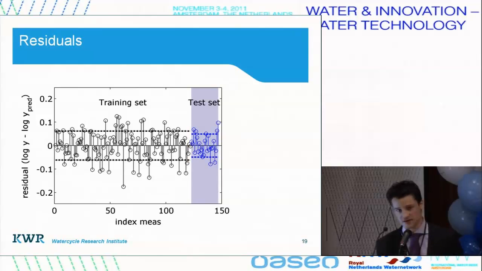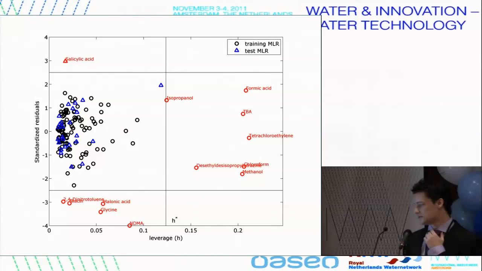In the next step, we look at the applicability domain. Here you see the residuals, but then divided by the standard deviation of the complete set. If that is higher than 2.1, it's considered an outlier, because then that compound deviates too much from the model. The other one is the leverage, which is the influence a compound has on the complete model. If that influence is very high, then a prediction can also be unreliable, because it may change the model too much.